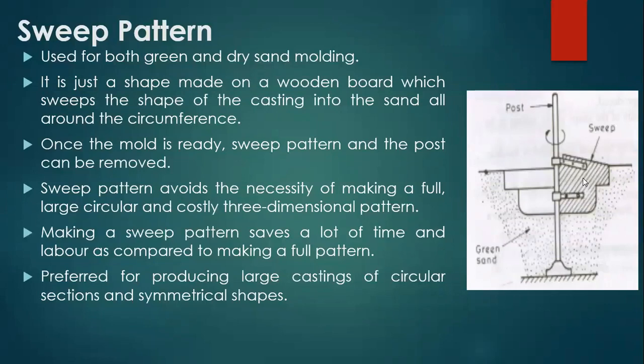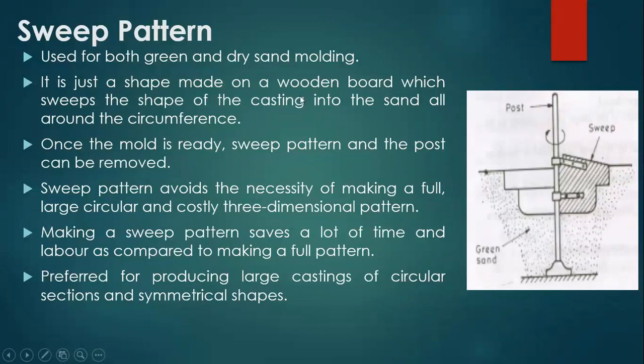Now this type of sweep pattern is used to prepare bigger castings. Like you can see, large kettles of milk, cans, or if you want to make a temple bell, all these large castings are made by using this sweep pattern. Just let us revise it. This sweep pattern is used for both green and dry sand molding. Green sand means silica sand, binding material and moisture. Green is not the color of the sand. Green is the state or condition of the molding sand. That's why it is called green sand. And dry sand means in the absence of water.